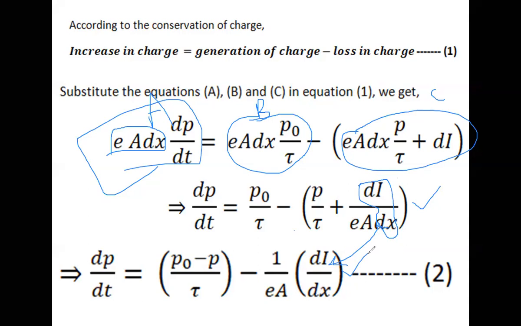How do we understand this? For understanding this, we are going to apply the transport mechanism. What do we mean by transport mechanism? This expression represents the change in current with respect to dx. That means if you take a spatial distance, how much the positive charge has changed, that we are considering. Now if you want to understand this particular term, we need to apply the transport mechanism for holes.